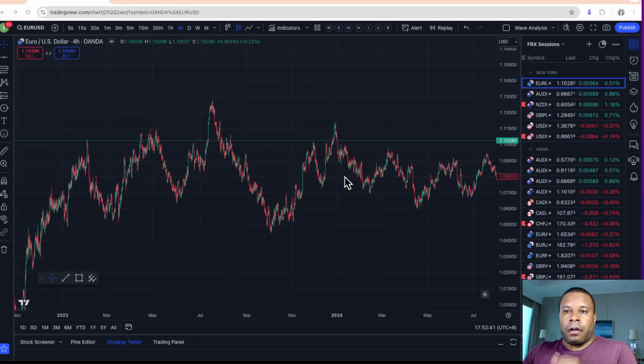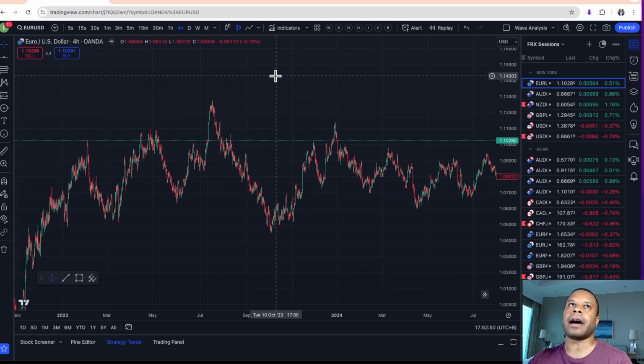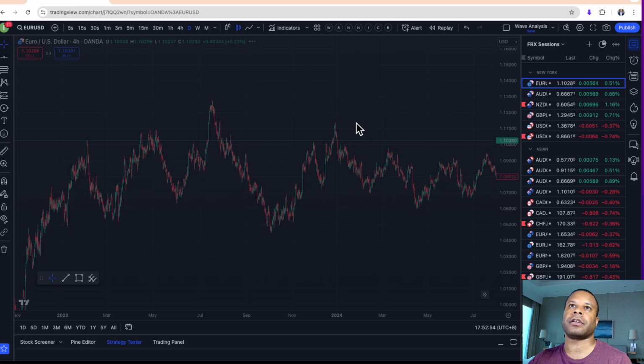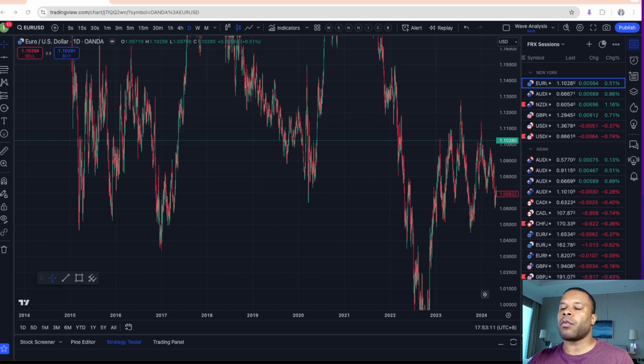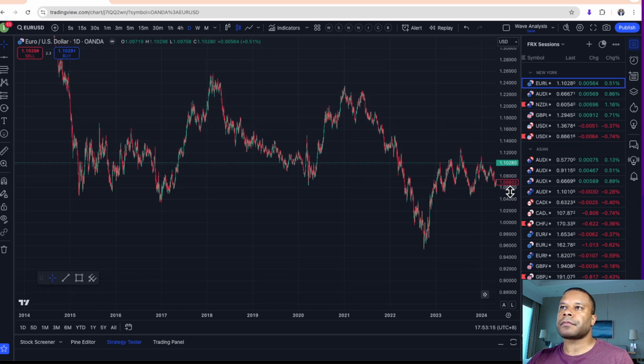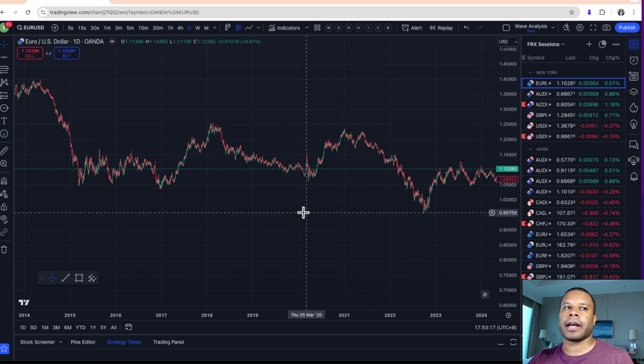So we're going to go to EUR/USD, the Euro against the US dollar. And currently I'm on a 4 hour time frame. Okay, let's do this. I'm going to go up, and I'm going to go to a daily time frame. Okay, so I want you to look at this daily time frame, and if you notice what the market has been doing,